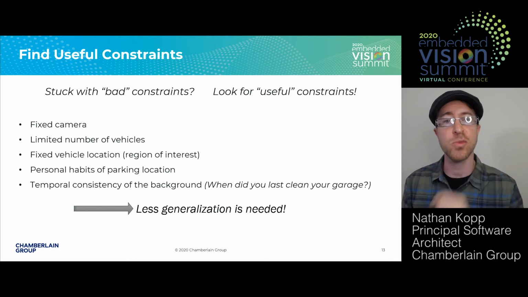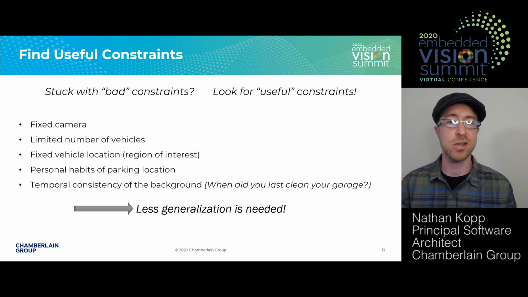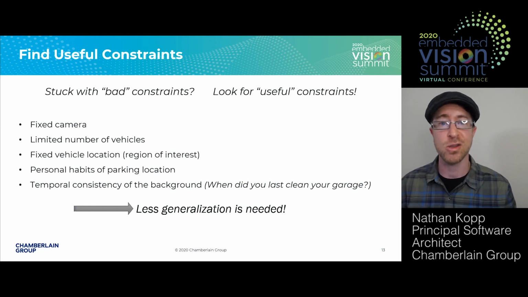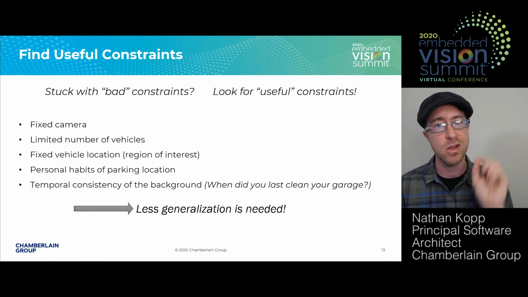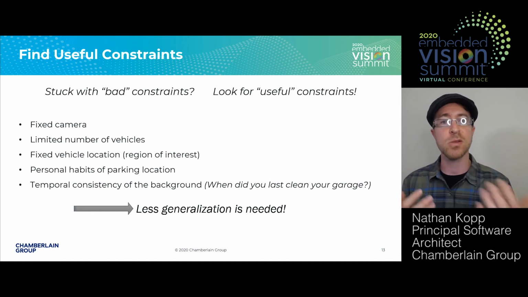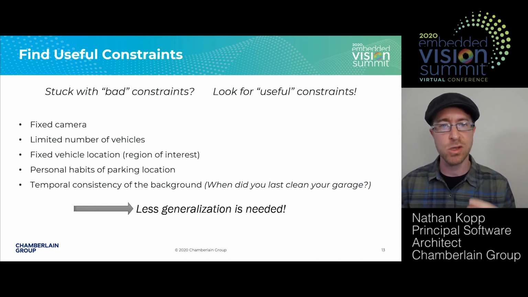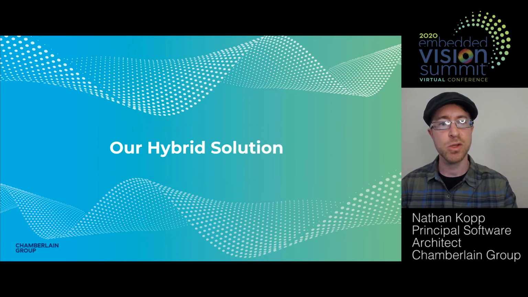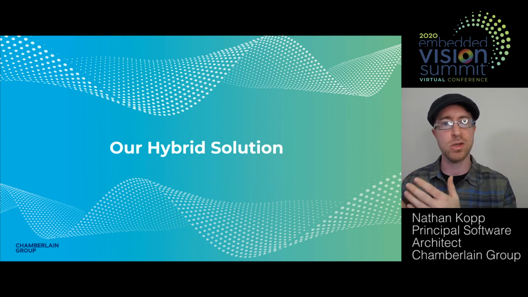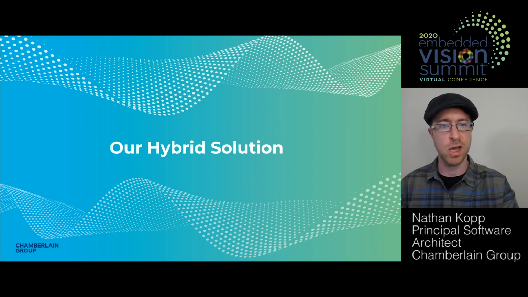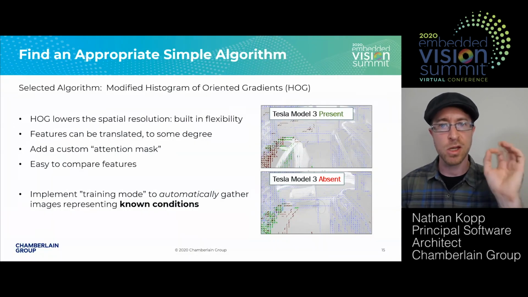And then something I call temporal consistency in the background, which basically means people don't clean their garages, so the clutter is there over and over and over again. So if we have an algorithm that latches in on that clutter, we can make use of that. And all of this means that we don't really need a neural network that's super generalized. We can solve this problem with something more specific. So we put together a little hybrid solution. I call it hybrid because we use some neural networks and heavyweight stuff, and we also use a simple algorithm. And I'll show how those work together a little bit later, but I'll start with talking about the simple algorithm